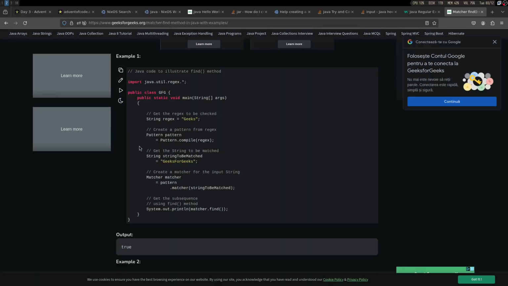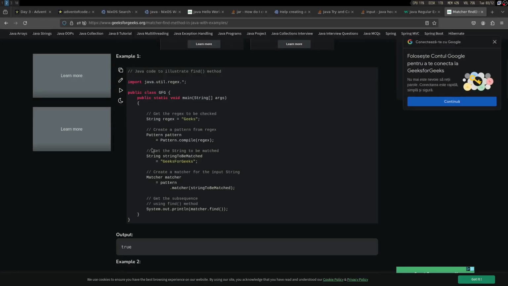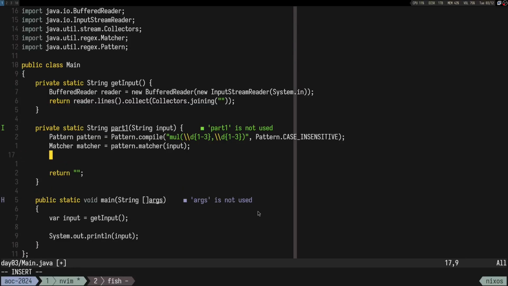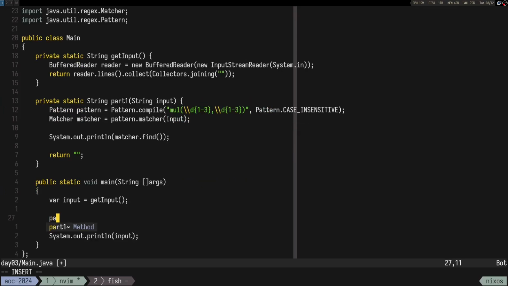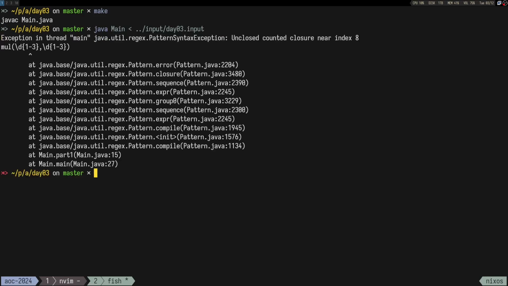Right, we give it the input string. Well, here I'm missing the Mull, but it is what it is. And then let's print everything. And then we call part 1 with input. And you know, we are gonna print the input nicely, but for now let's just make